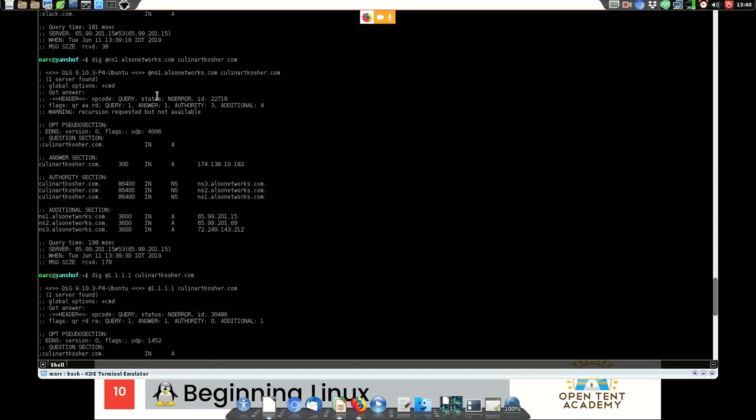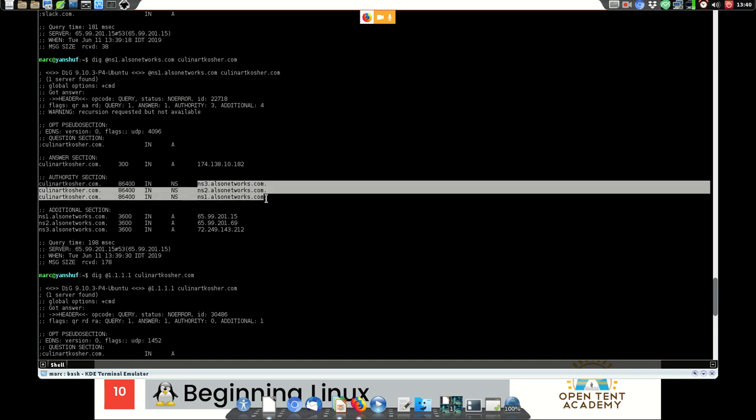Now let's look at a little more complicated one. I had hosted it at this Also Networks company for a while, and it has a lot more information about it. It has the correct address, and it thinks that it's the resolution authority for KeelNarkKosher.com, so it lists it as the authority name server.